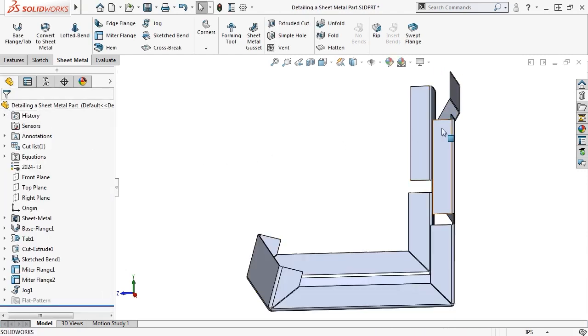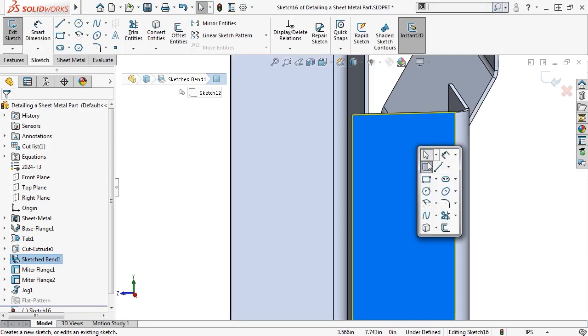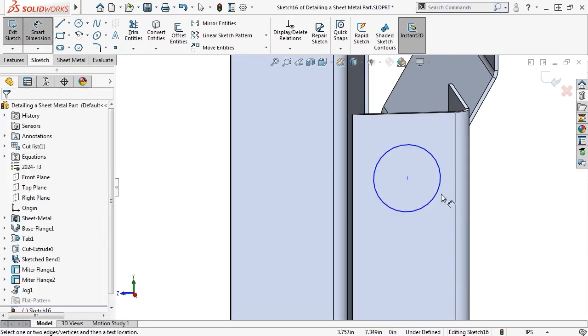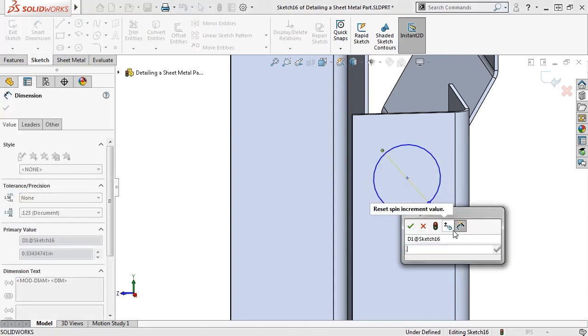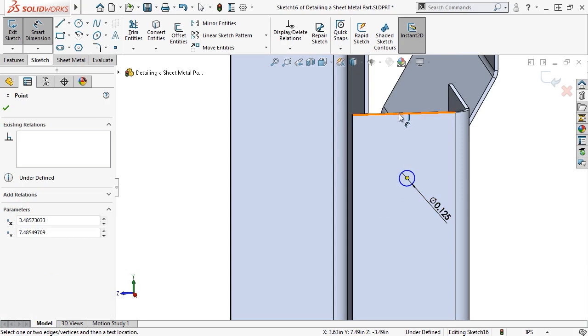The final feature I'll create is the series of holes along the sketched bend feature. I'll start a circular sketch on one of the bends of the sheet metal, and add a 0.125-inch diameter dimension. Next, I'll add dimensions to position the hole,